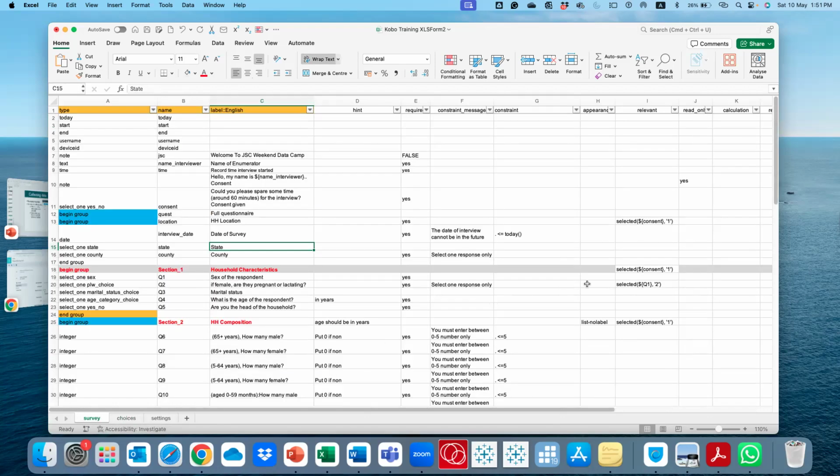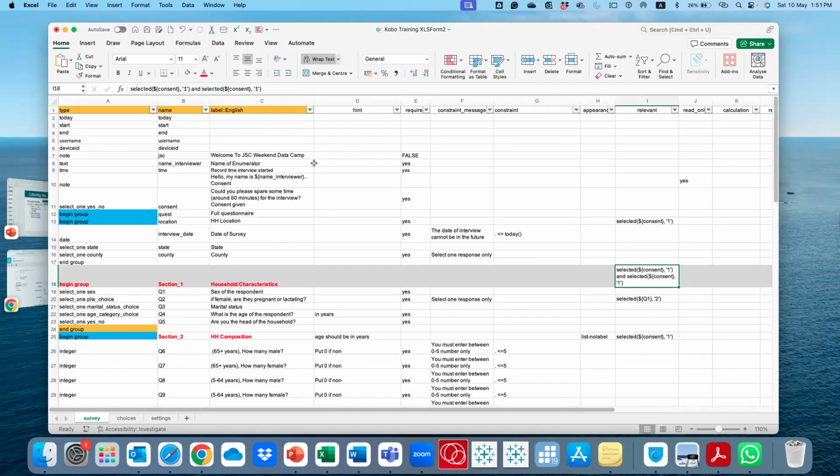Then here you just add an and, and then the same thing here. You just copy this. So you want this question to appear if the consent is a yes and Northern Bahr el Ghazal is selected. The name of this state question is also state, which is here.